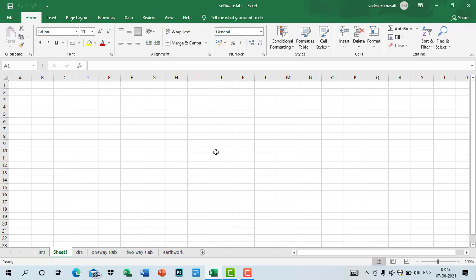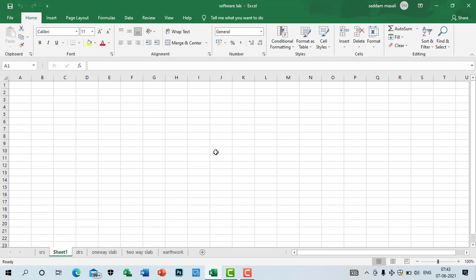Okay, so if we begin with the Excel, which is a very interesting software to be learned. In this Excel, we can perform numerous calculations in a matter of time. I think all of you might be familiar with the use of Excel in various fields, for the entry of data and all those things. So Excel is a very vital tool to be learned. A lot of calculation can be done in a much lesser amount of time.